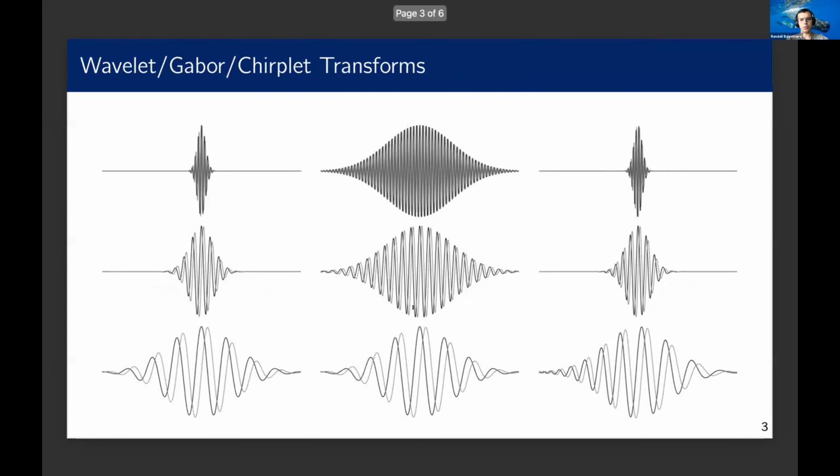So, for example, if you want to obtain a wavelet transform, you will apply this type of filter bank onto the signal through 1D convolution. If you want to obtain a Gabor transform, you will use this filter bank. And if you want a chirplet transform, you will apply this filter bank. So you can see that different types of time frequency filters will react differently to different events present in the